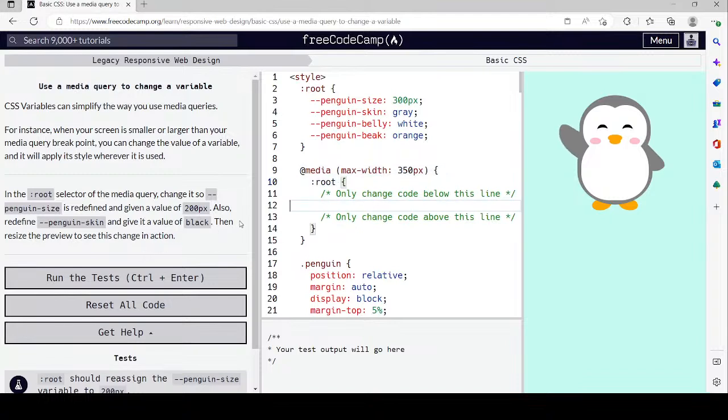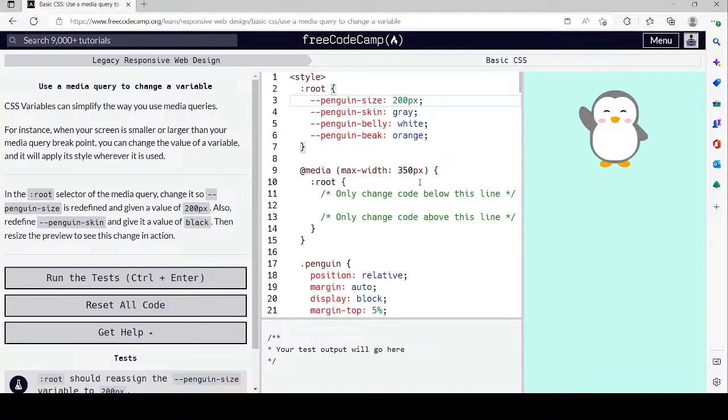But the instructions: in the root selector of the media query, change it so that penguin size is 200. Also redefine penguin skin to be black. Then resize the preview to see this change. Alright,